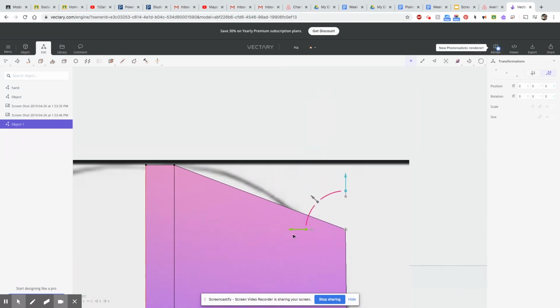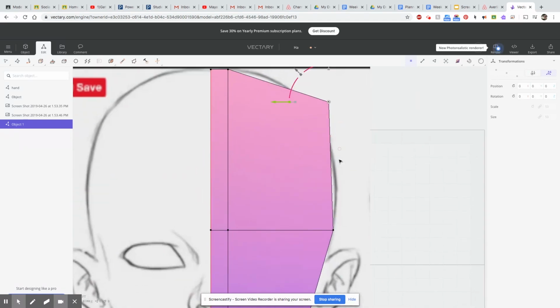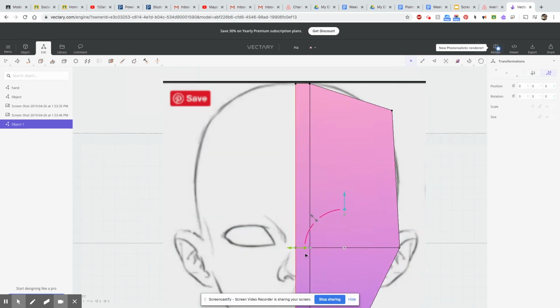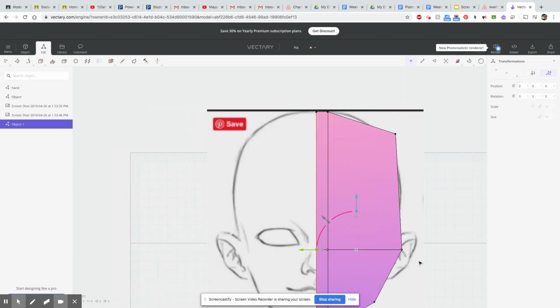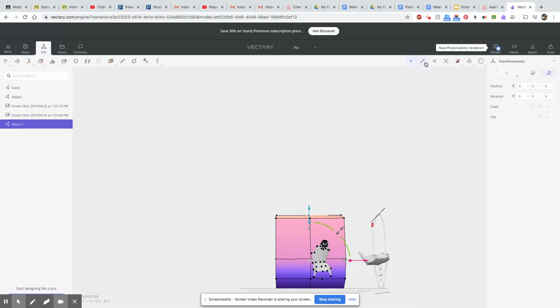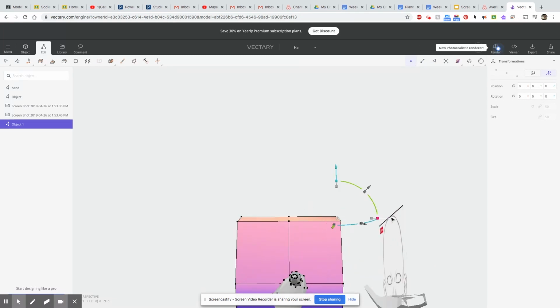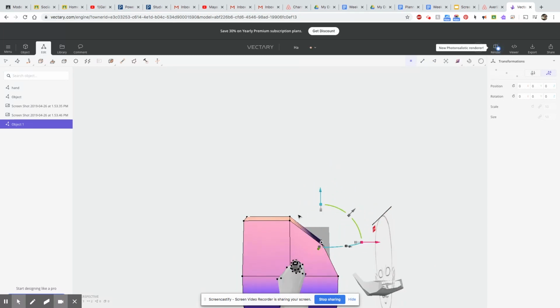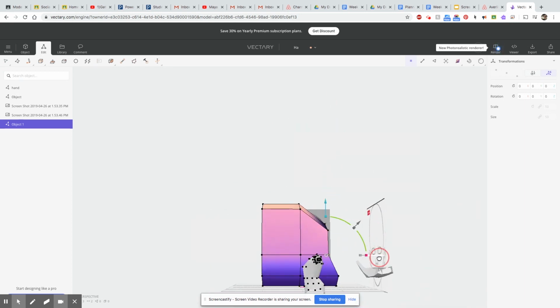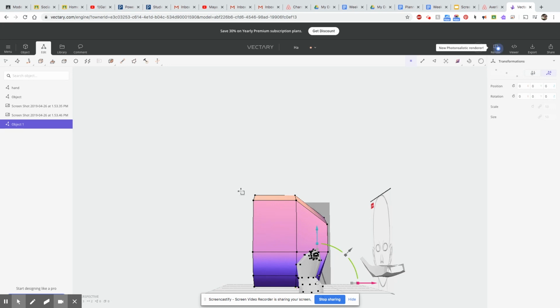conforming to the shape of the head. We're going to be using our references significantly. And you'll notice that I'm going to hit M a lot to get the marquee, and then clicking and dragging to select a group of vertexes that are in line. So you can see all of those were moved together. Now I need to move the vertex points each